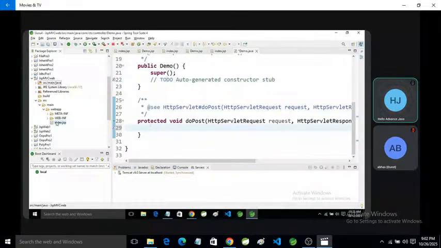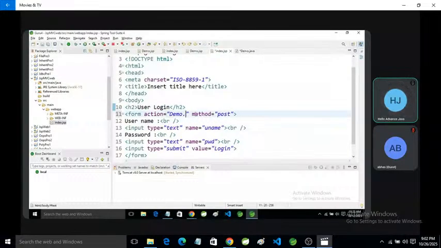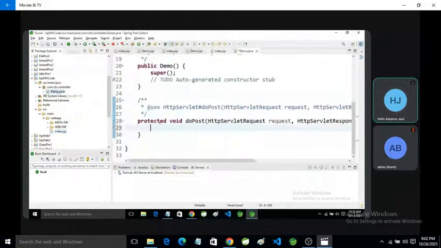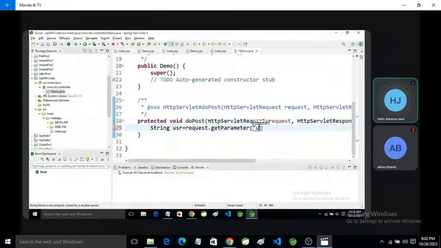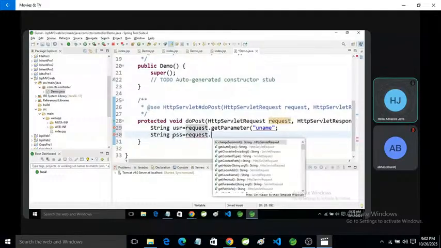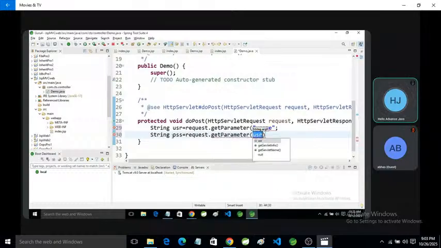Here we have no need to declare JSP because we are using Servlet. String usr is equal to request dot get parameter uname, string pss is equal to request dot get parameter pwd.